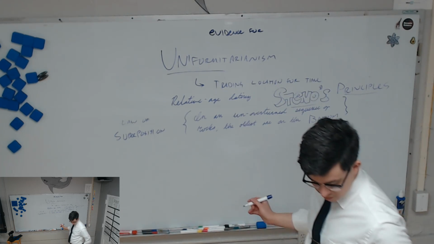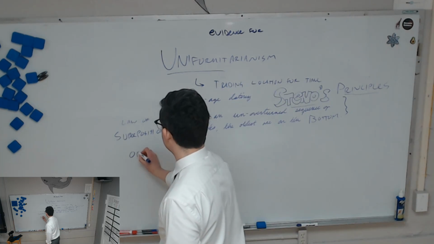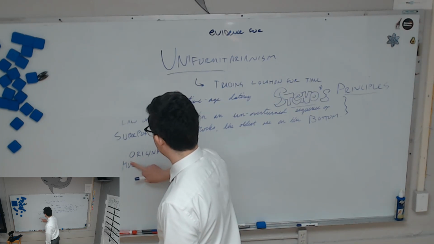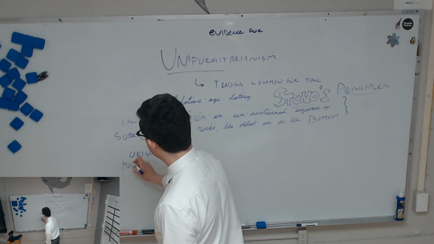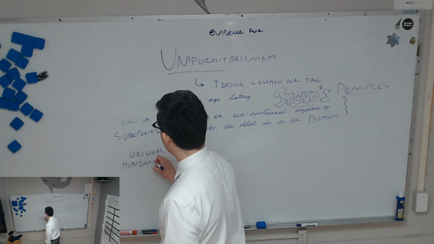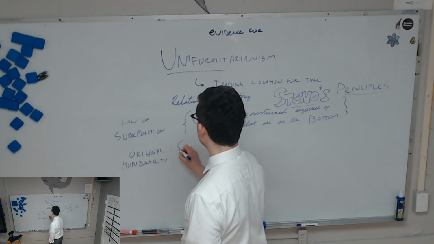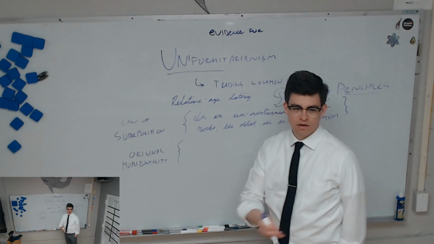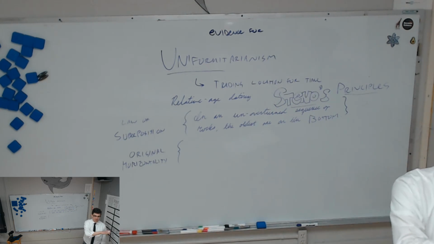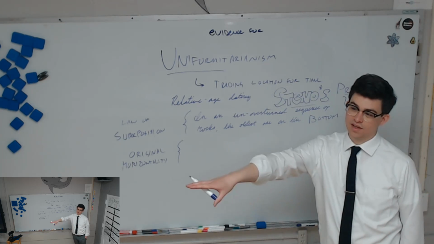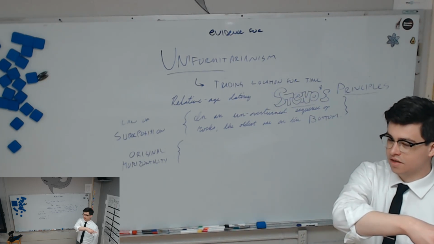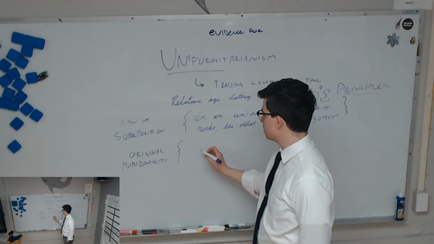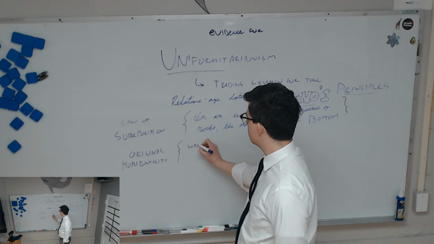Okay, the next one we're going to talk about is original horizontality. So write that one down. Original, spelled the normal way. Horizontality. Can you guess what this is going to be about, just from the words? Things that are originally sideways. Yeah, so when you say sideways, you mean like the word horizontal. You can't use the name that was also in the title. The original horizontality says that when